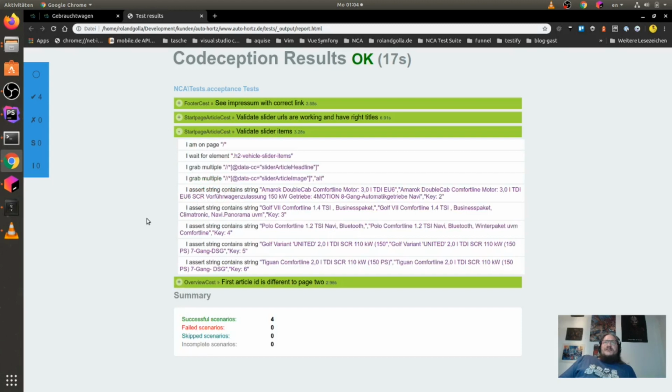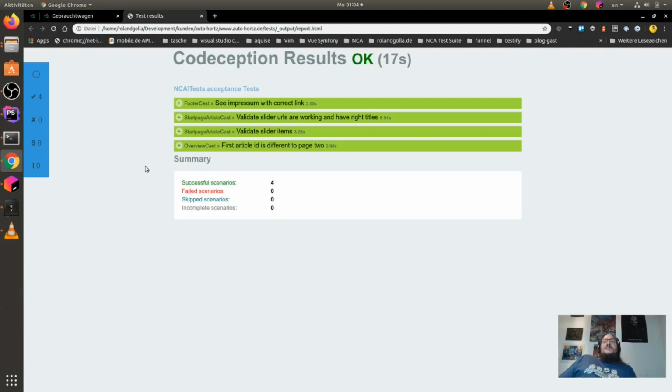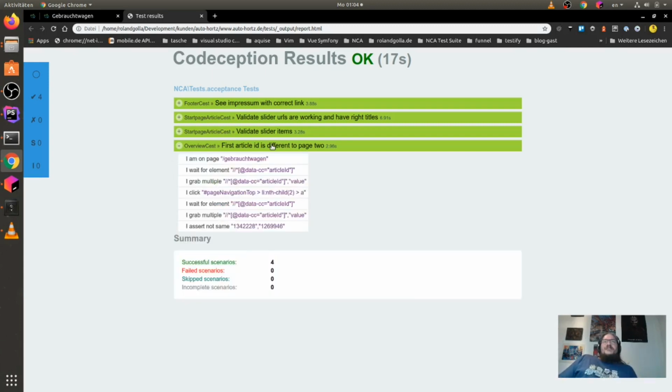This is that we have to check just now only the alt tag, but in future we will do more things. And on the overview test we will also check that the first article ID is different to page 2.